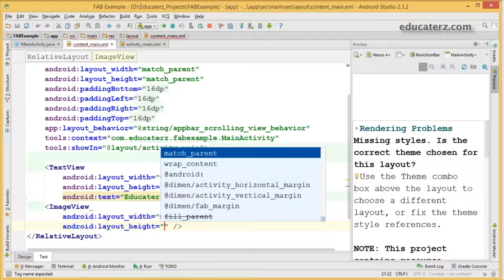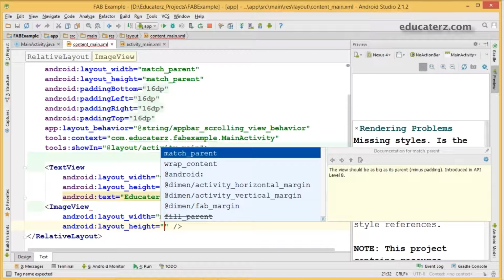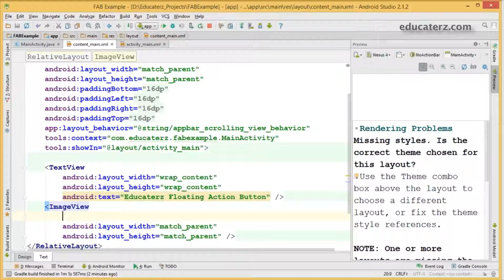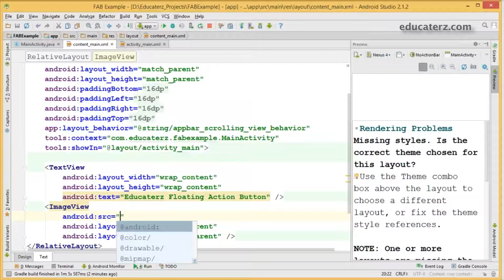So width as match parent, height I'm taking it as match parent only. There must be a source for this, but I have not yet created anything.